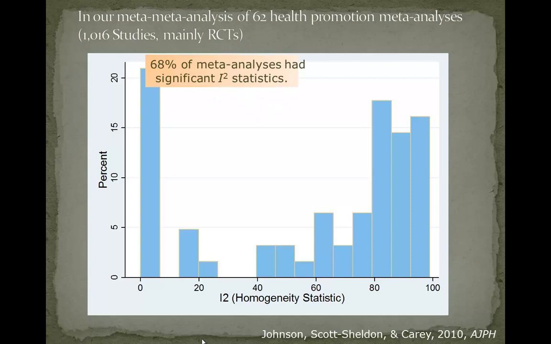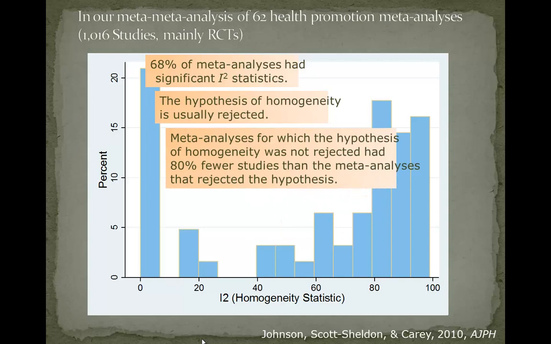So 68% of them were significant, implying heterogeneity. It really does look routine to get heterogeneous effects. Thus, the hypothesis of homogeneity is usually rejected. And the meta-analyses for which it was not rejected had far fewer studies than meta-analyses that rejected it. So it's one of the problems with Q and R squared is that they are subject to statistical power considerations. And if you don't have a lot of studies, you may not be able to detect deviations to the hypothesis